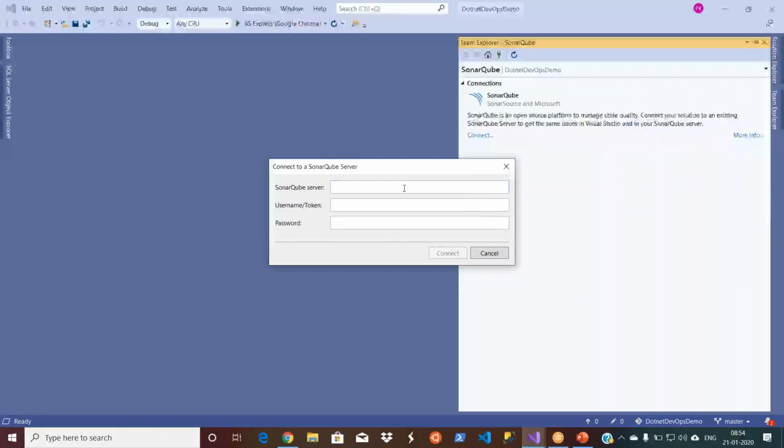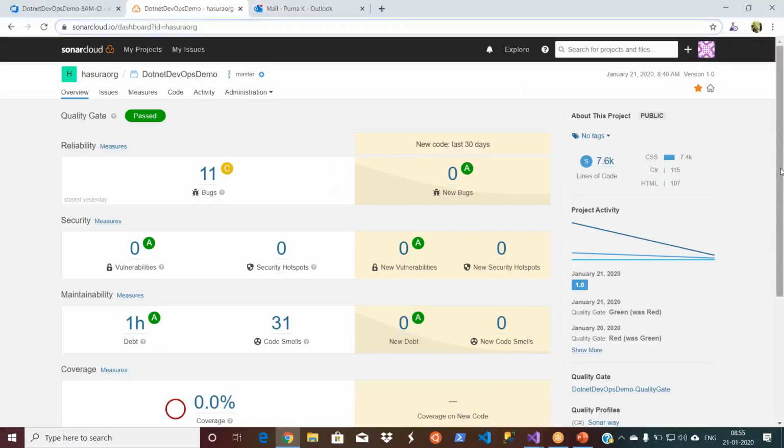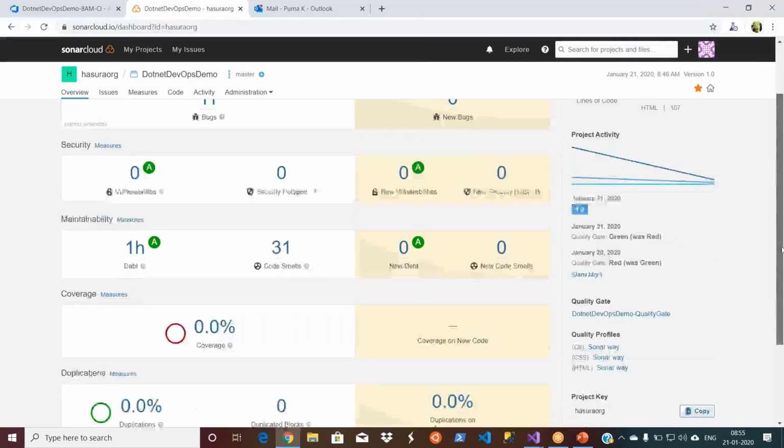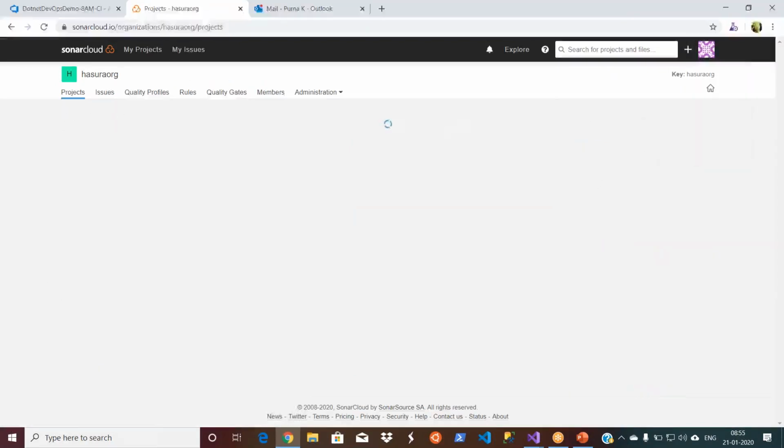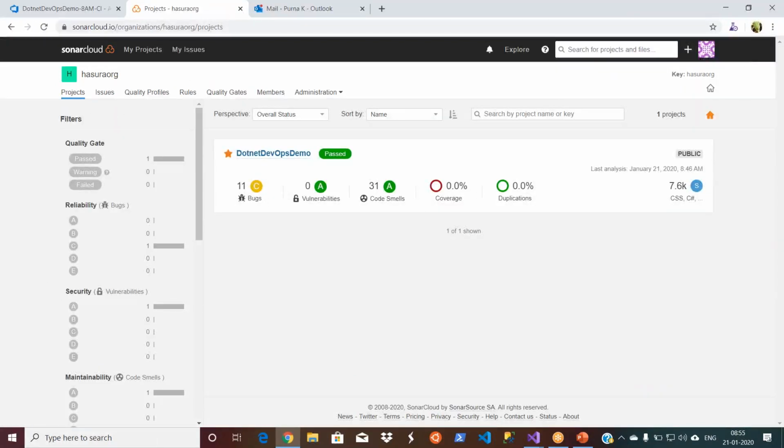So as I told you, if you are using your in-house, you can use your URL. It's the same, it doesn't matter. And then we are not using usernames and passwords, we are using tokens. Okay, let's go and use the token. How will you go and take the token? I think I did not save this token, right? Sonar will be there. Did I paste it?